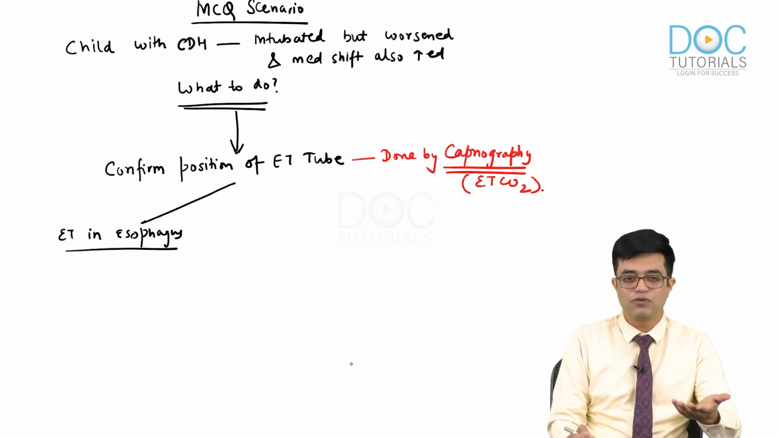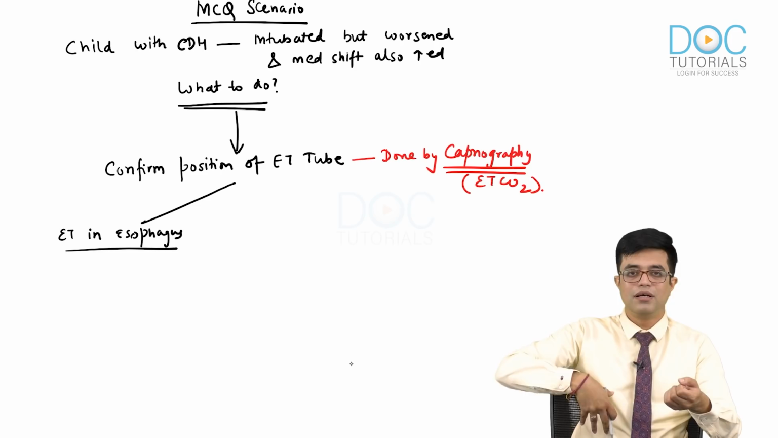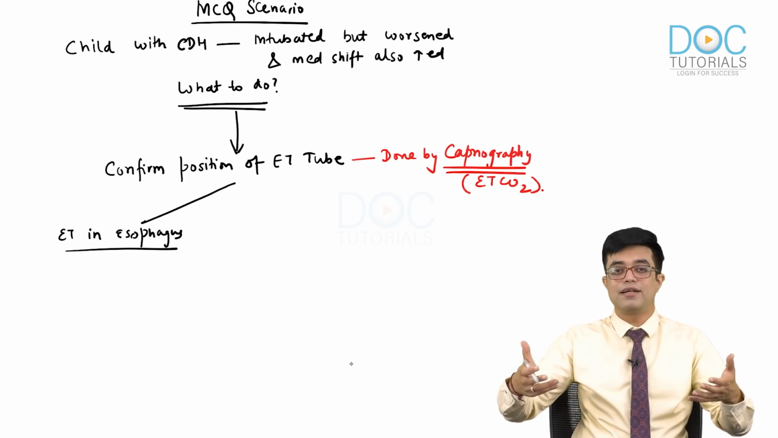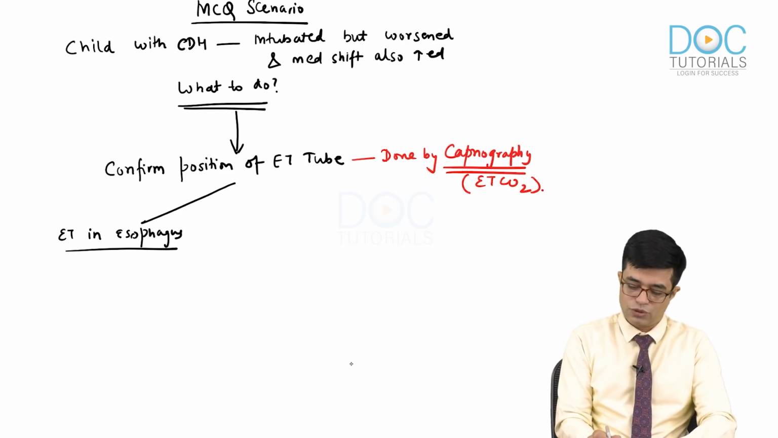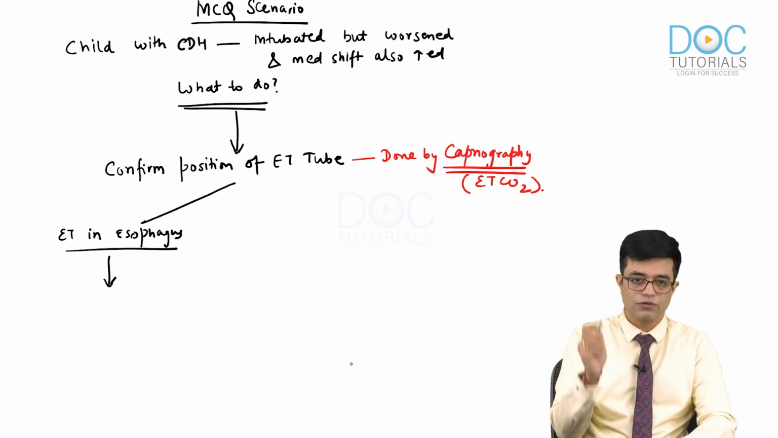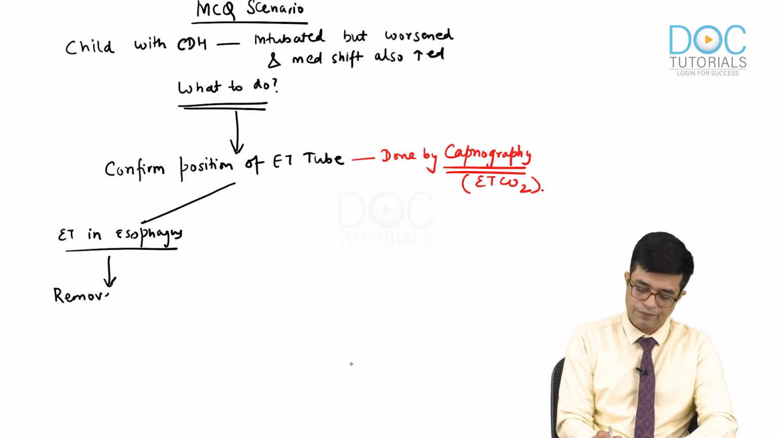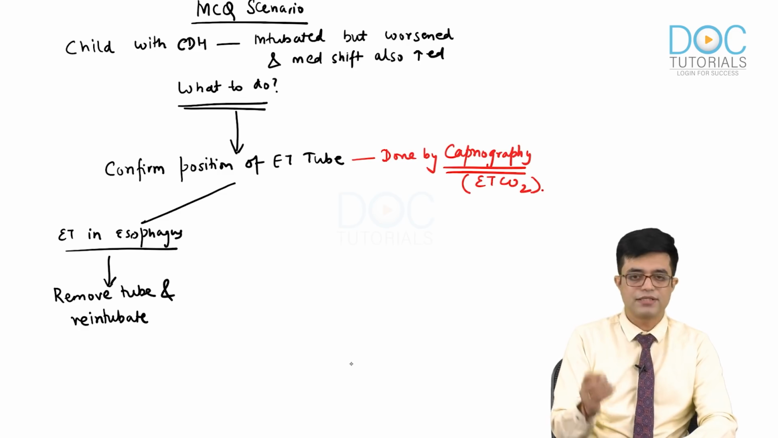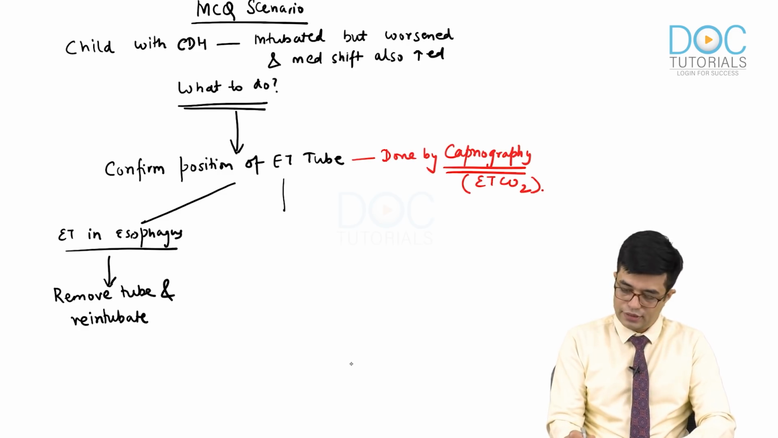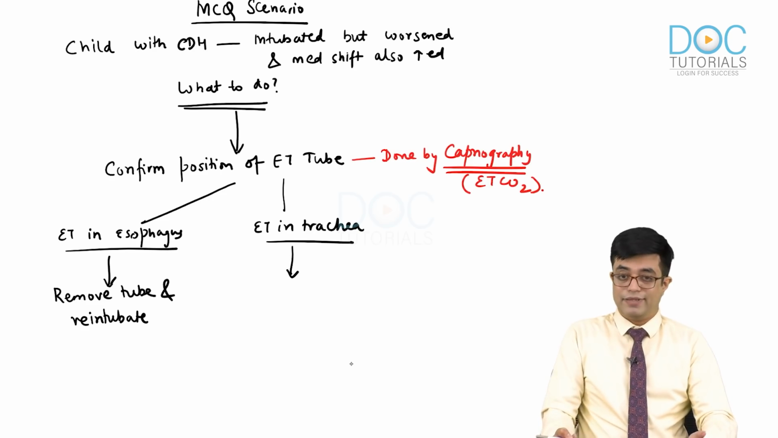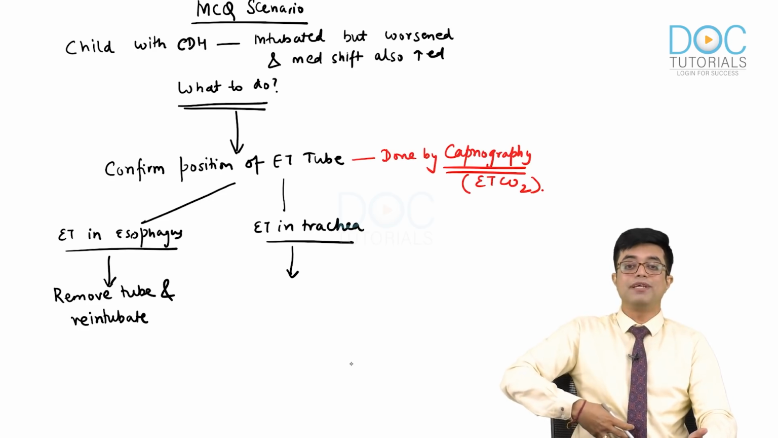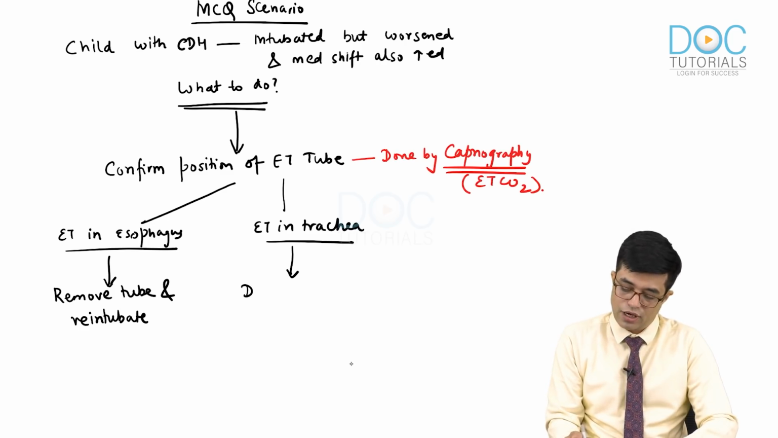That is why the child is not improving, because all the air is now going into the stomach. It is not going to the lungs and it is expanding the intra-abdominal cavity. So it is worsening the patient. So if capnography shows the ET tube in the esophagus, you will remove the tube and re-intubate. If the tube is correctly placed, the patient will start improving. Second scenario, the endotracheal tube is in the trachea only. So now, if the patient is worsening, that means probably the abdominal cavity pressure is on the higher side. So you will urgently do nasogastric decompression and